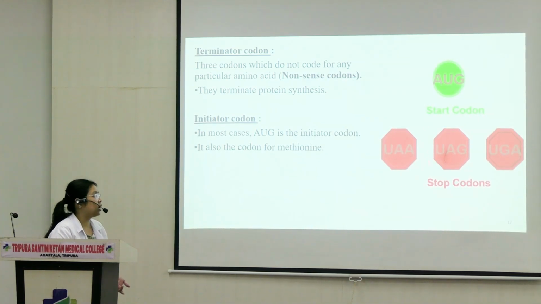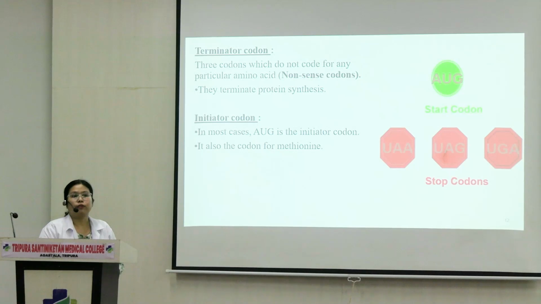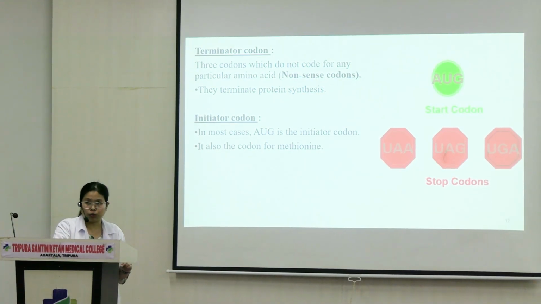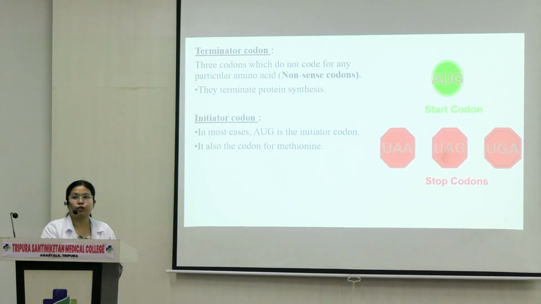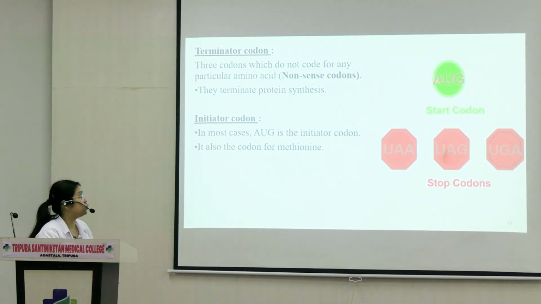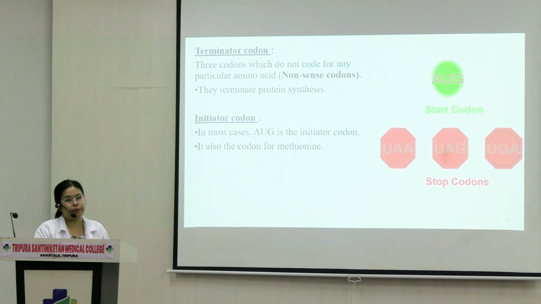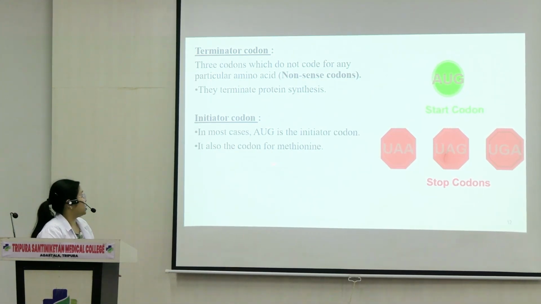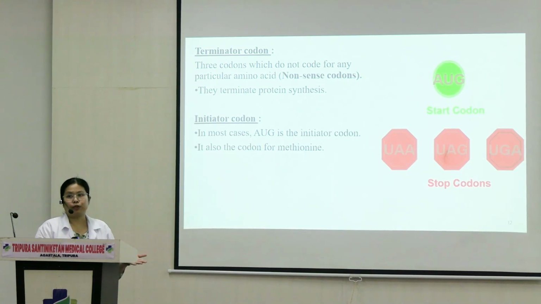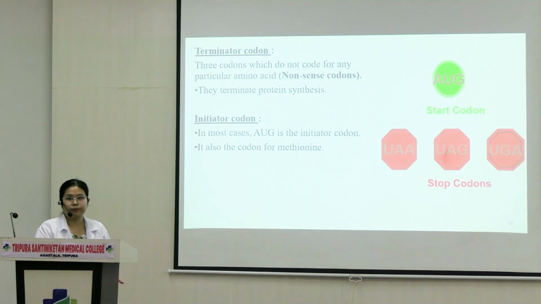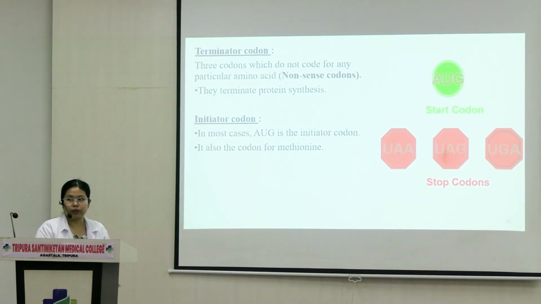They are written here: UAA, UAG and UGA. One of the very common viva questions they can ask from genetics: name the stop codons and name the initiator codon or start codon. Initiator codon is AUG. By the way, AUG also represents methionine. That is why in translation during protein synthesis, methionine is the first amino acid that is formed. So initiator codon means it initiates the protein synthesis, and stop codons are the signals that tell the machinery to stop the protein synthesis.